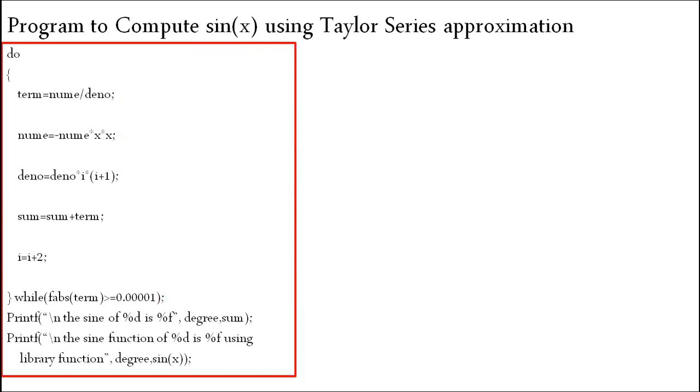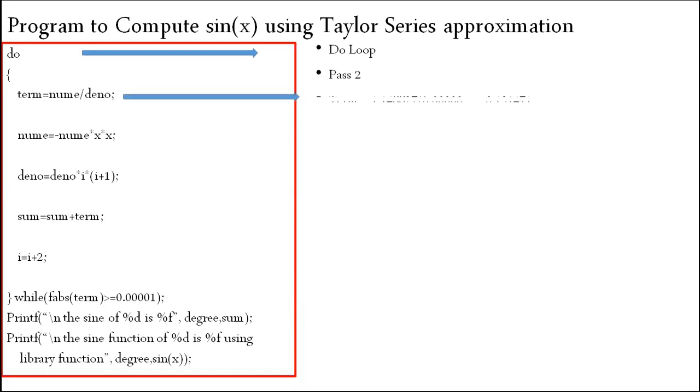In my second pass, whatever result you got in pass 1 will be the input for pass 2. So here again the same formula, term is equal to numerator by denominator, and the latest value of my numerator is minus 1.148827. You have to concentrate on minus also, meaning the sign also. So in my pass 2, the numerator value is minus 1.148827 divided by denominator. So denominator is 6.